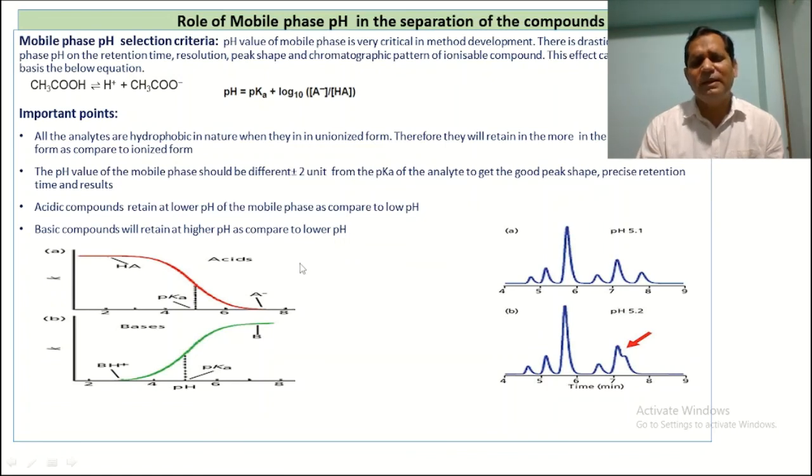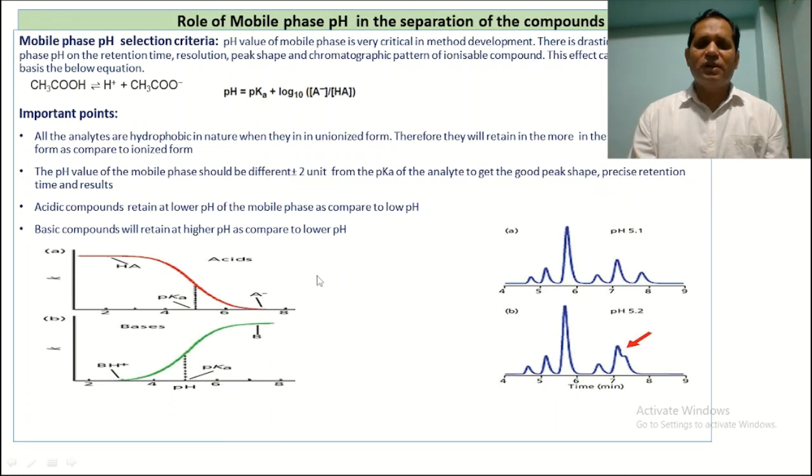In the next video, I will give information on how to select the stationary phase, and I will explain the criteria to select the column chemistry. So in this video, I presented the selection of the mobile phase and the pH of the mobile phase. Hope this video will be helpful for